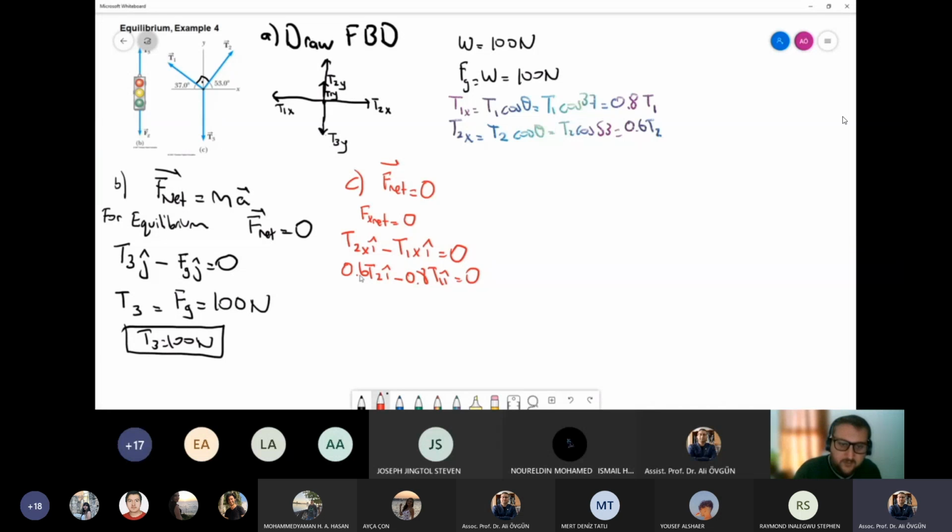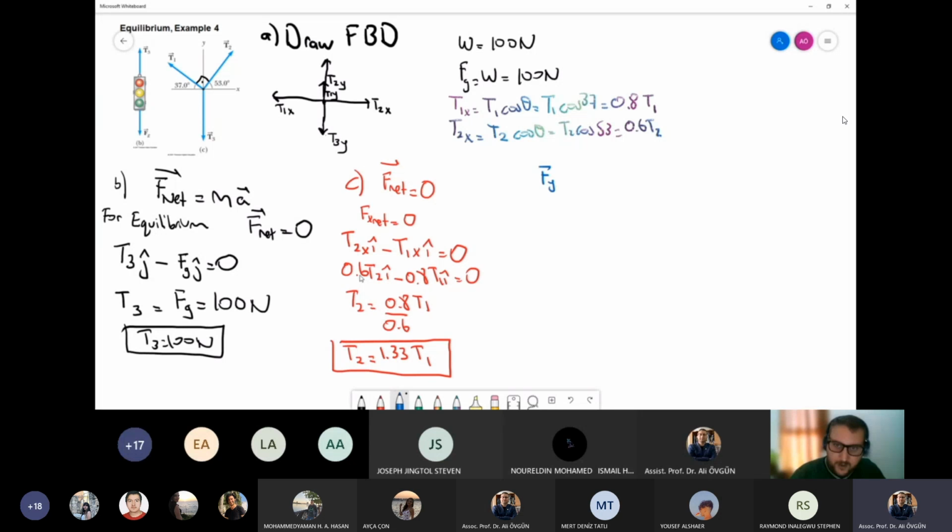So from here, what can you find? You can find the value of T2. T2 is equal to 0.8 T1 over 0.6. So 0.8 over 0.6 is 1.33, so T2 equals 1.33 T1. You find a relation between T2 and T1. So there are two unknowns. To find the unknown quantities, you need another equation. And another equation is coming from